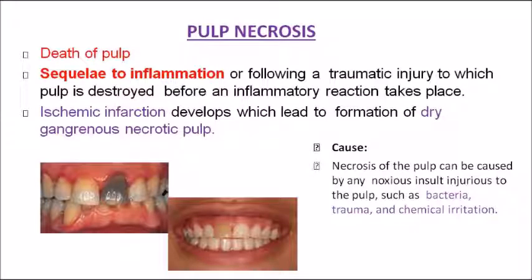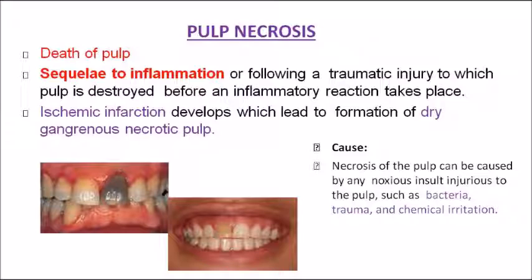Pulp necrosis. Once all the stages have come across and still there is no treatment done, then the pulp undergoes necrosis. That stage itself, the final or end stage, is called pulpal necrosis. It means that the death of the pulp has occurred. Death of the pulp. Now, sequelae to inflammation. This happens as a sequelae to the inflammation that I said already, because if there is any inflammation from the beginning, and so far all the disease stages have passed and no treatment is done, then it becomes death of the pulp tissue. That is the sequelae to inflammation: pulpal necrosis.